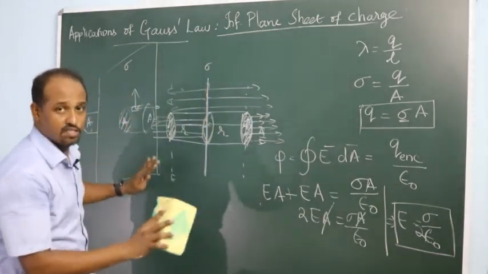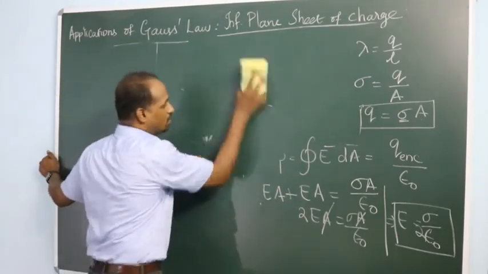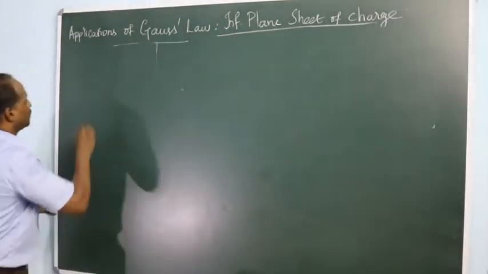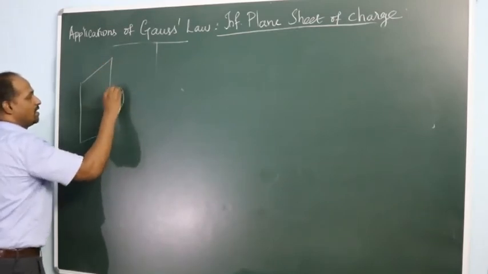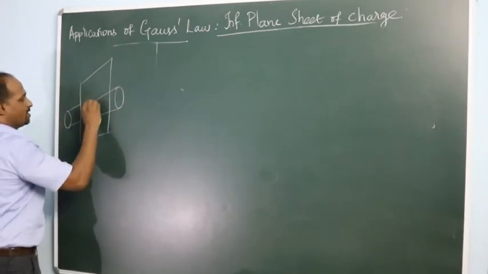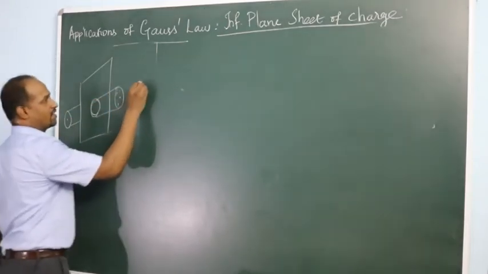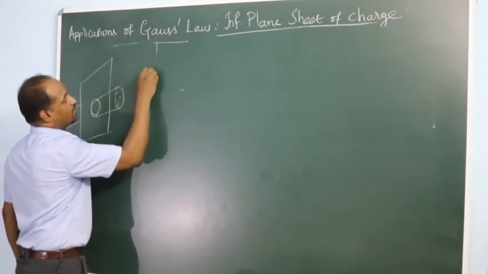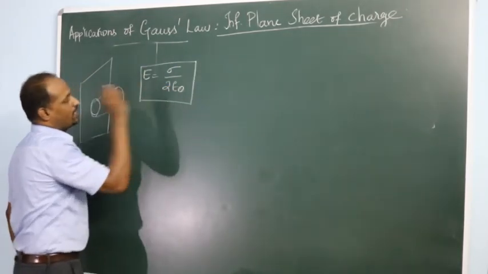So now I'm just going to rub this out to tell you. From an infinite plane sheet of charge at a distance r, you are considering this, and this area passes through this and comes out of this. This is what basically we did now. This point and this point are equidistant. All points have the electric field. So the electric field from an infinite plane sheet of charge, E, will be equal to sigma by 2 epsilon naught. It does not depend on the distance.